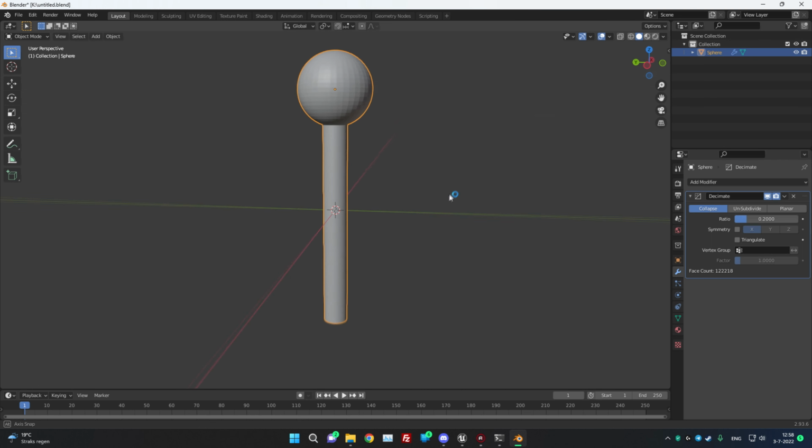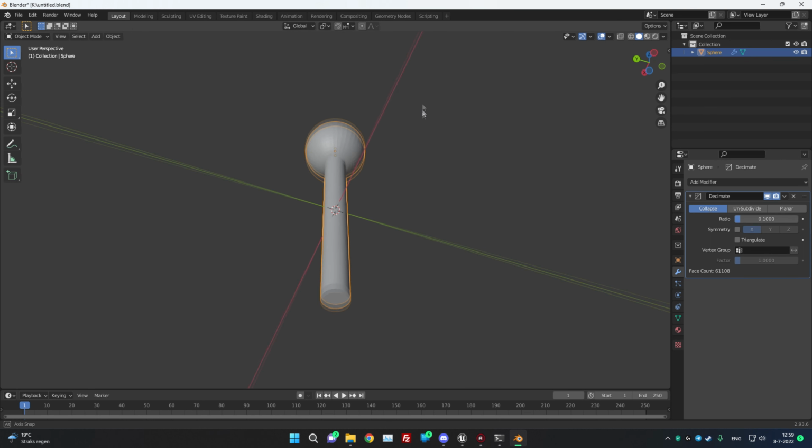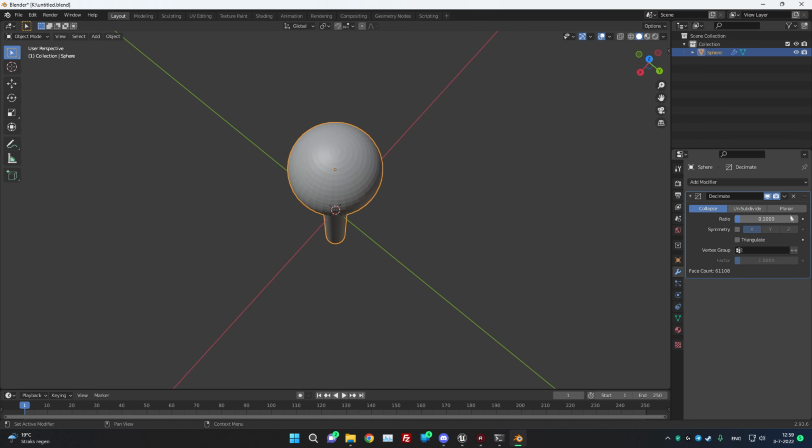Do we get what we want? Yeah, it's even lower. 0.1 then. Most of the time the first decimate you do will take the most time. I cannot see any problem right now, so I'm going to apply it. So that we're at 61,000